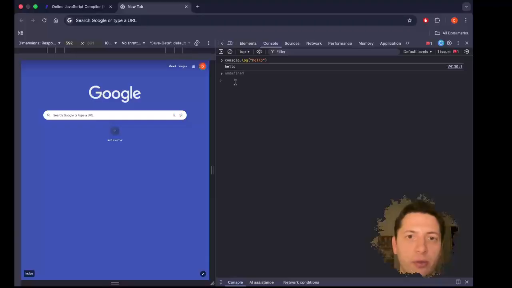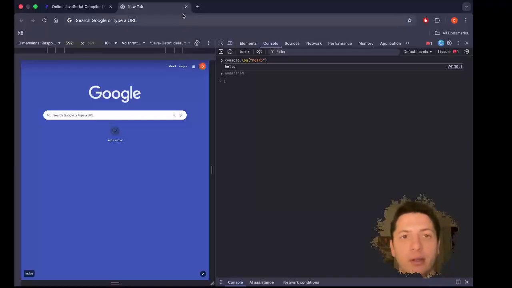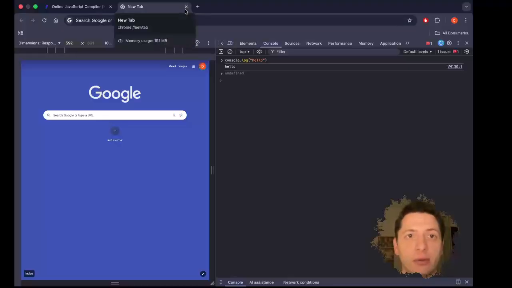If I were to put C++ code or Java code here, it probably wouldn't work because the browser knows how to run JavaScript. And that's why every single modern website is probably running JavaScript, because it's built into the browser.